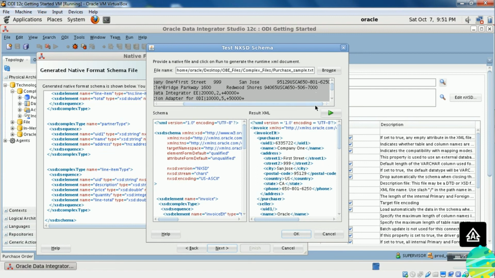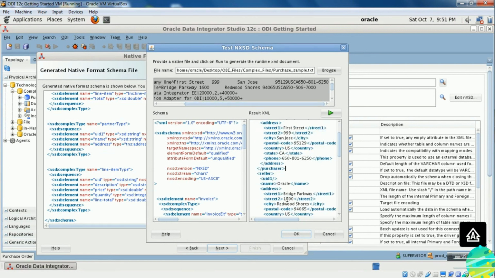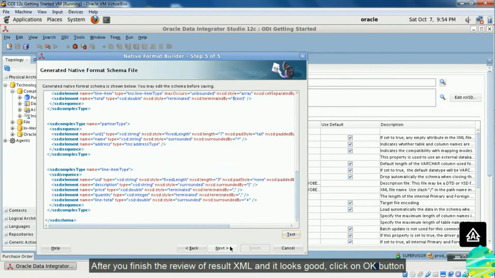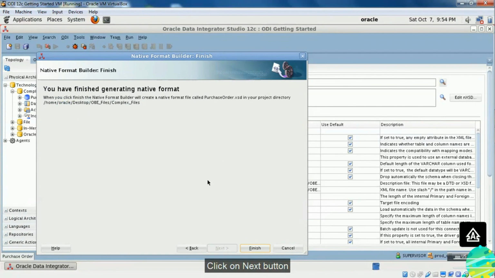Go through the fields and map it with the file. This will help you understand how ODI is parsing the data and putting it in XML tags. After you finish the review of result XML and it looks good, click on OK button.